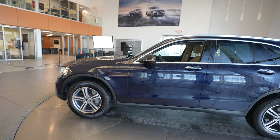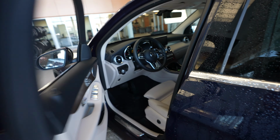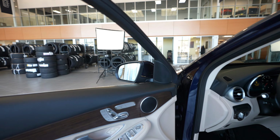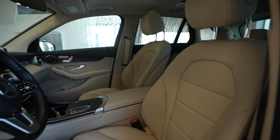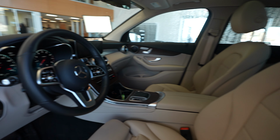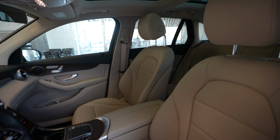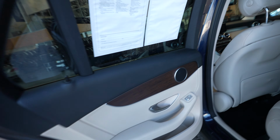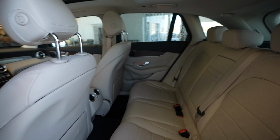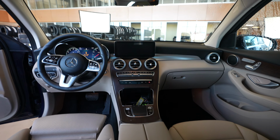This vehicle for sale comes in a blue exterior. We have a tan interior. It's a nice wood grain accent trim in this vehicle. Heated seats, both driver and passenger. Power memory seats on the driver's side. Sunroof, blind spot assist, rear seats, quick look up at the front of the vehicle,